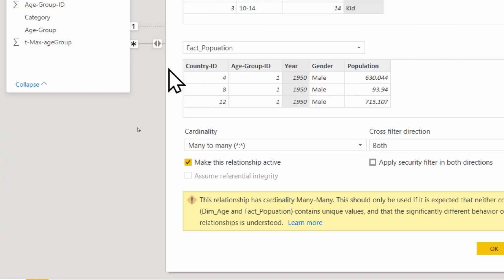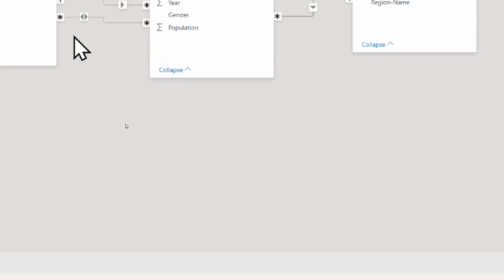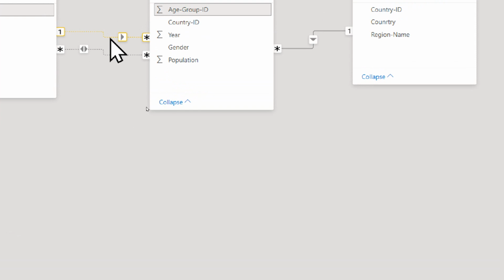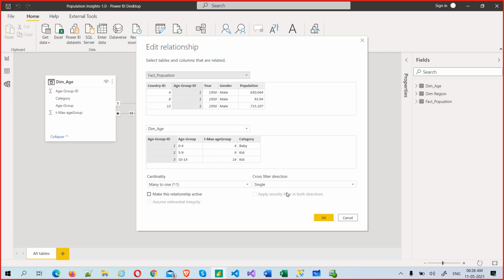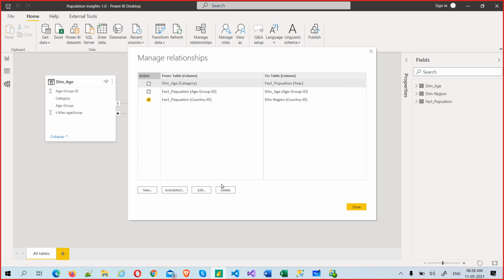Now go to properties, something like this. I'm showing you as much as possible. Just make this inactive and click OK, or we can delete this relationship and make this active. So instead, let me press Ctrl+4, and go to Manage Relationships. Now you see two are inactive.